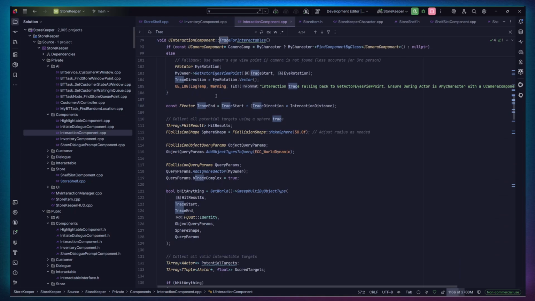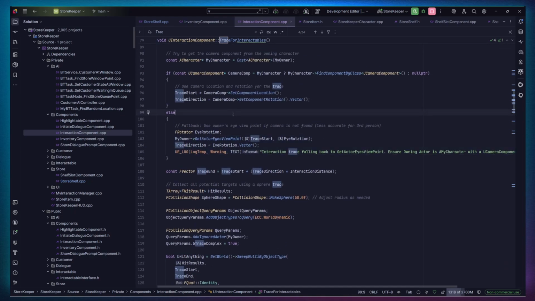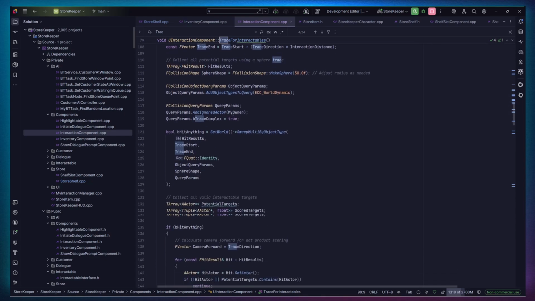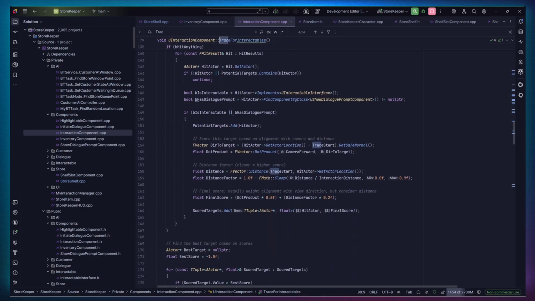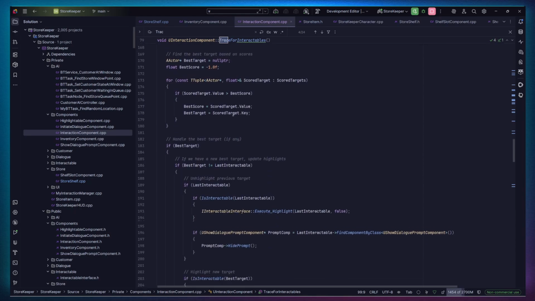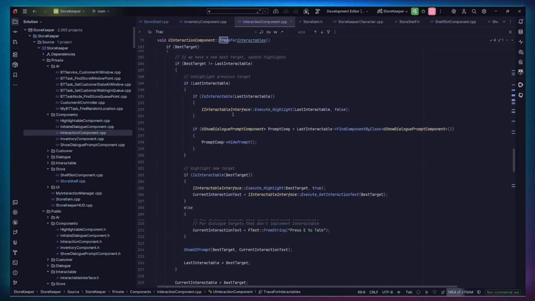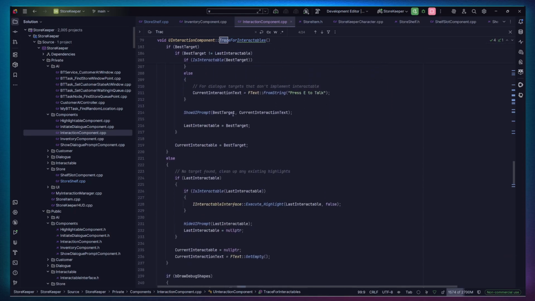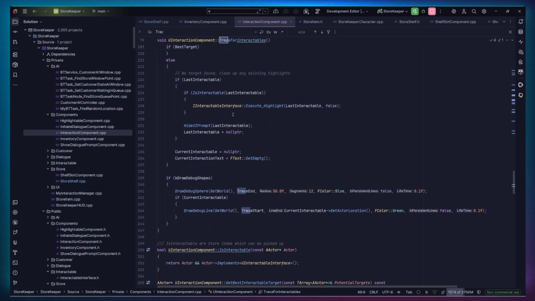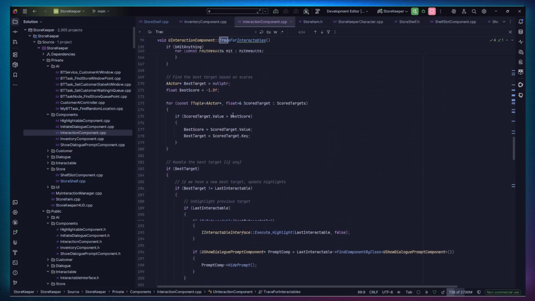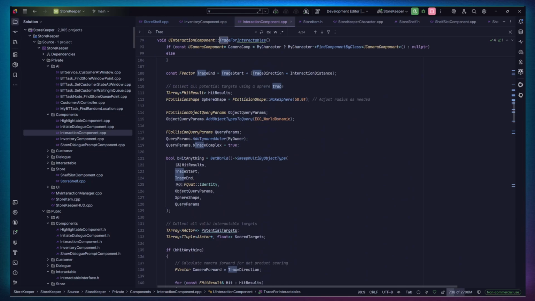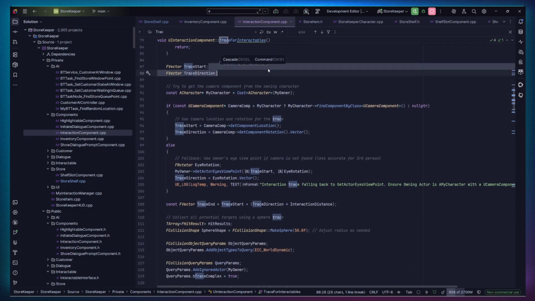And I'm doing some math over here. I got all this math from, of course, the Unreal Engine forums. But this is what the whole code looks like. You can pause the video in between and have a look at it. And that's it. So as soon as I press the interact key, I'm checking if it implements the interactable interface, and